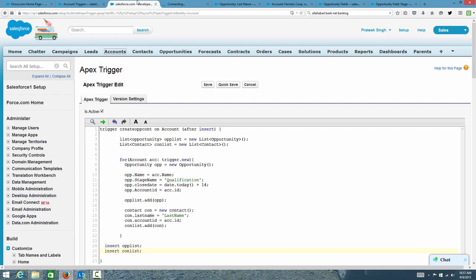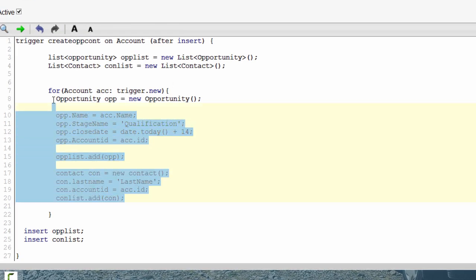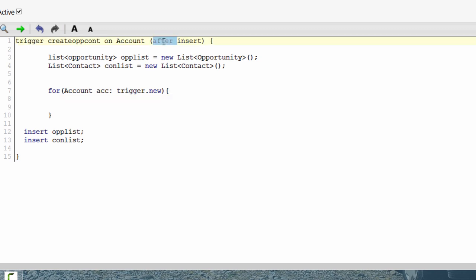So in this way, you can create a small trigger wherein you need to insert any other record while writing a trigger on some other record. Now let's say you wanted to do some operation on account itself, then you don't need all this. You could have simply written before insert, and let's say you wanted to modify some field on account. Let's say you had a custom price field, and every time the account gets inserted, you wanted to multiply that field by 10. So simply acc.Price, either with the shortcut notation times equals 10,